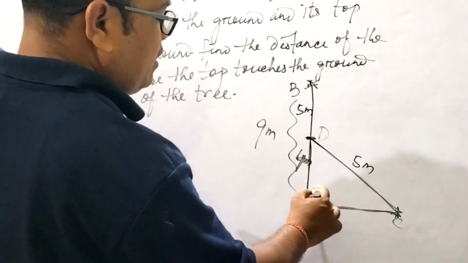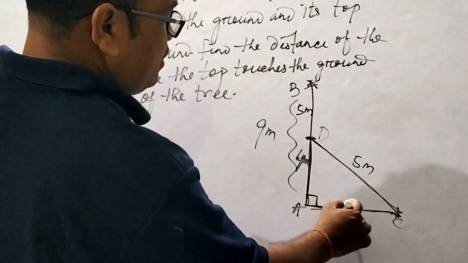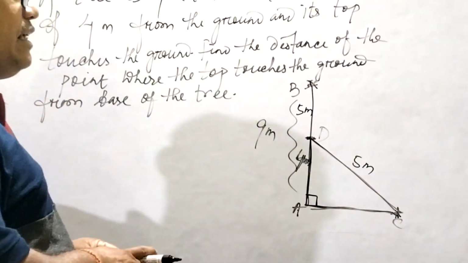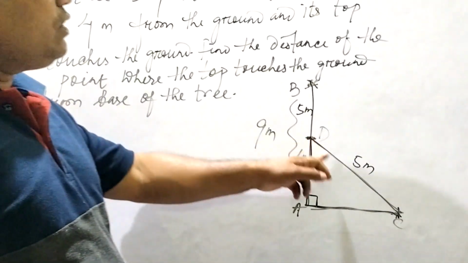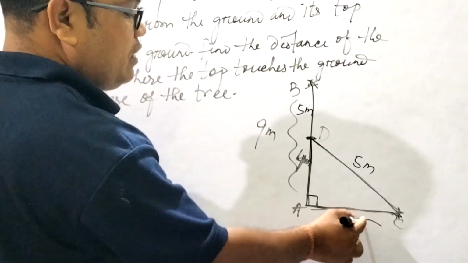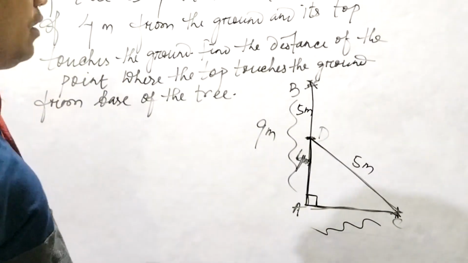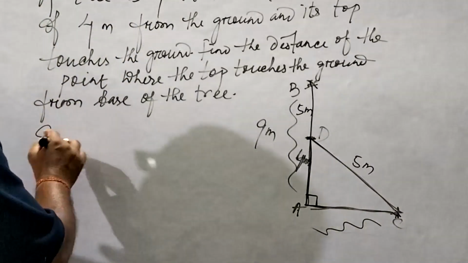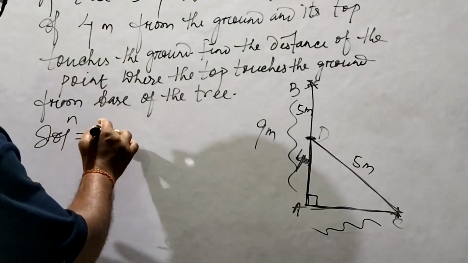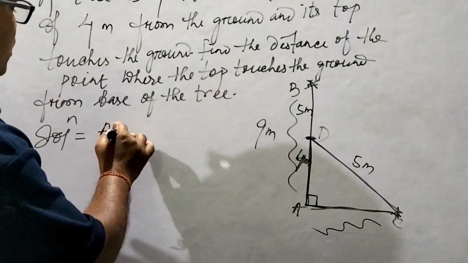Come to this figure. ACD is a right angle triangle. AD is given. CD is given. It is asked to find out AC. Very simple. You will write down the solution. The procedure. AB equals to